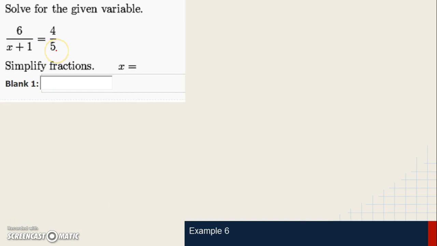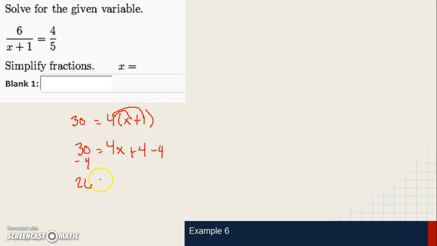Example number 6. We're going to cross multiply, and we get 6 times 5 is 30 equals 4 times x plus 1. I'm going to distribute because I can simplify this equation, and I get 30 equals 4 times x is 4x. 4 times 1 is 4. And now I'm going to solve for x by subtracting 4, and I'm left with 26 equals 4x. Now I'm going to divide both sides by 4,